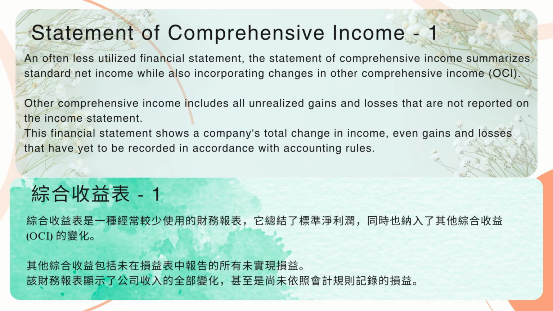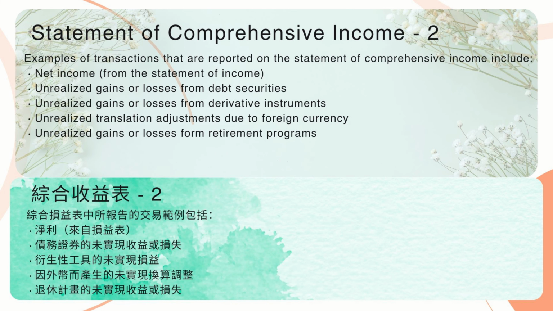Other comprehensive income includes all unrealized gains and losses that are not reported on the income statement. This financial statement shows a company's total change in income, even gains and losses that have yet to be recorded in accordance with accounting rules. Examples of transactions that are reported on the statement of comprehensive income include net income from the statement of income,